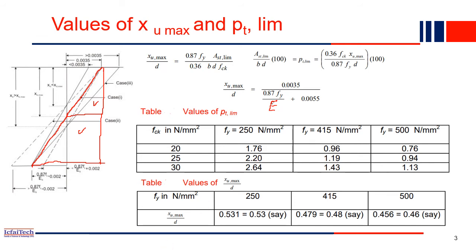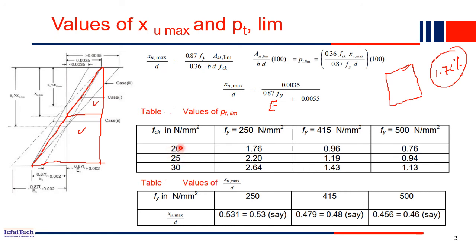Now can you imagine, you have a rectangular beam. In this beam only 1.76% of the area you can use as steel bar. You cannot use more steel than this value. We cannot use more than this quantity of steel. Now you understood, right? So this is the maximum. You can imagine the total area, and from this area only 1.76% you can provide as steel. That is the maximum value.